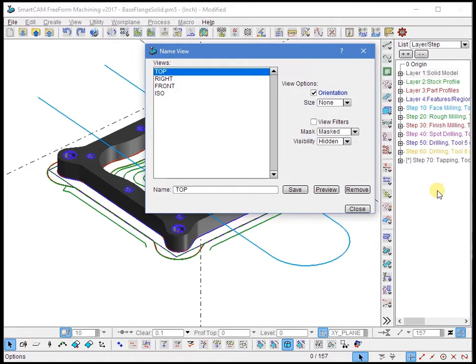This is what we're going to show you today. We'll quickly create two named views, one that saves the current view filters and one that saves the mask and visibility settings. First, we need to set up the view filters that we want to store. So let's close named view,